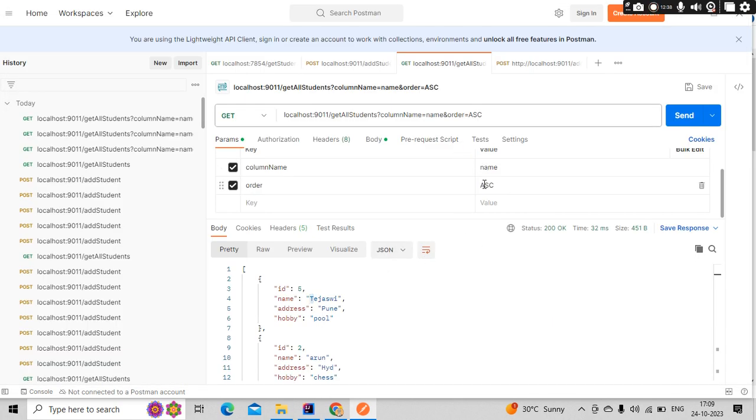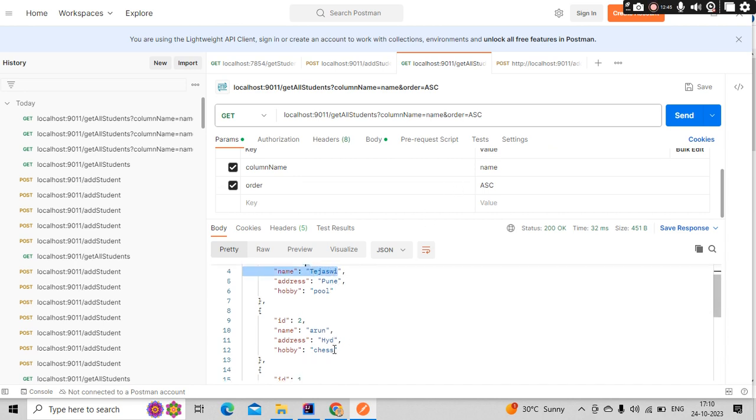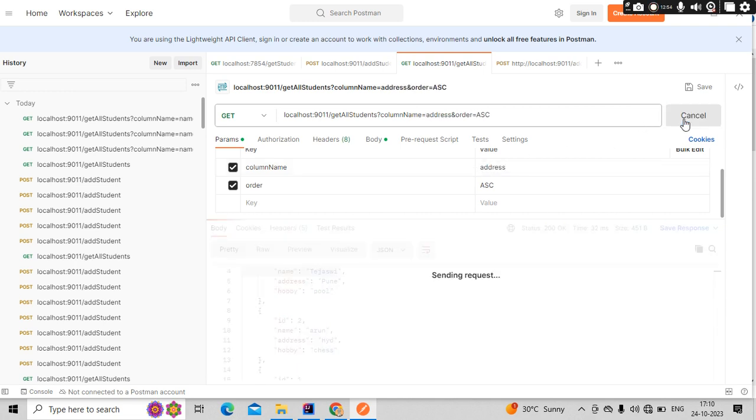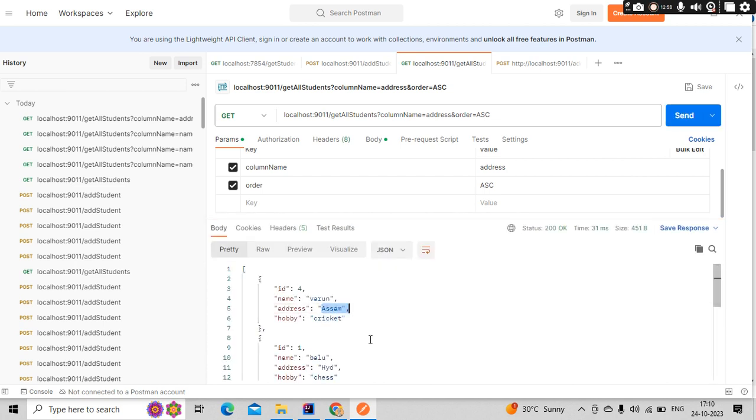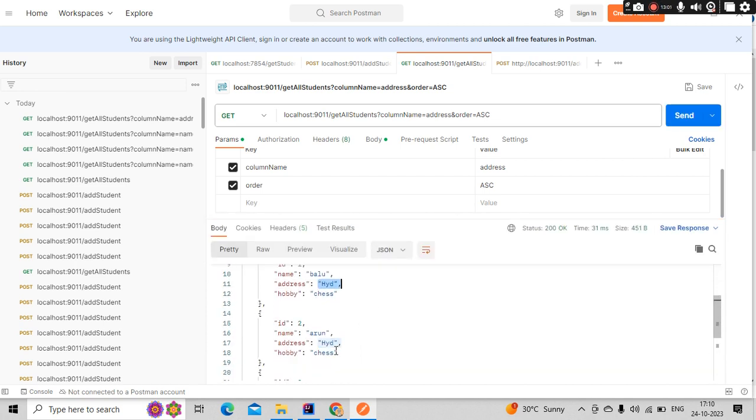The first is capital, we got it. Likewise, all the smalls, because first capital will be more priority, right? That's why. Now if I do based on the address, what will happen? Now you could see Assam came first, then Hyderabad, then other results. Now if I do based on the hobby,